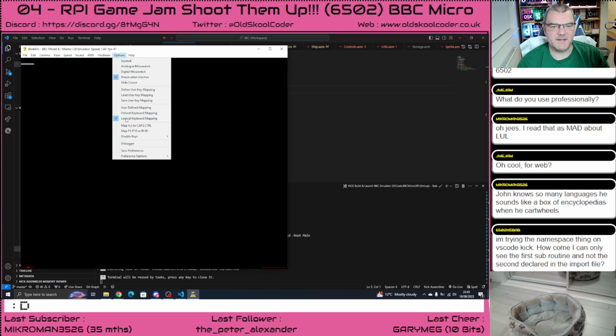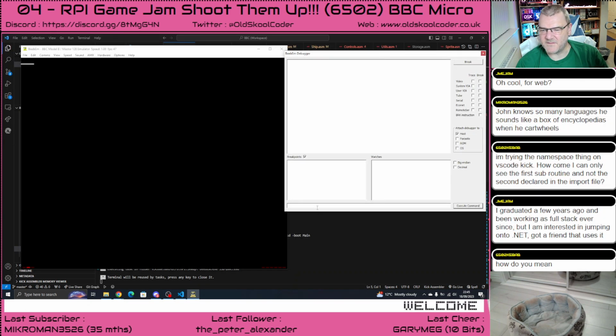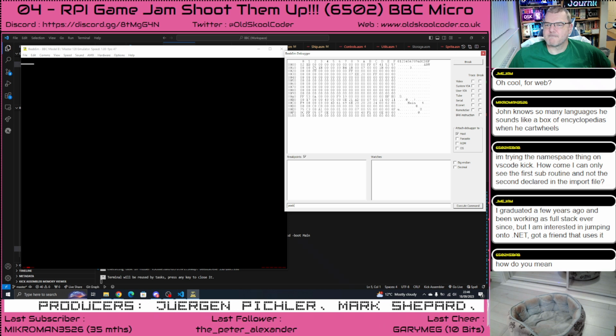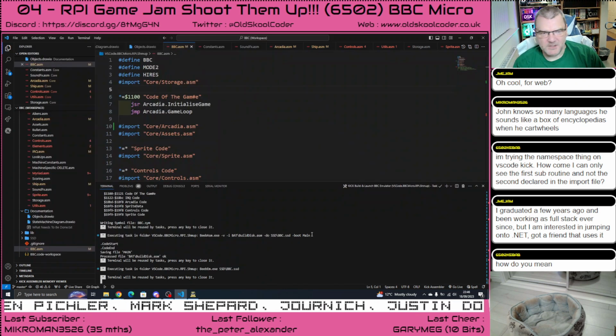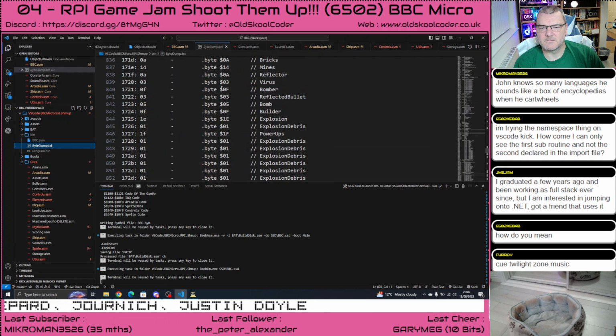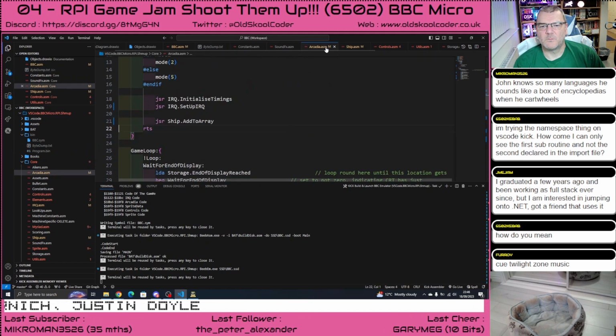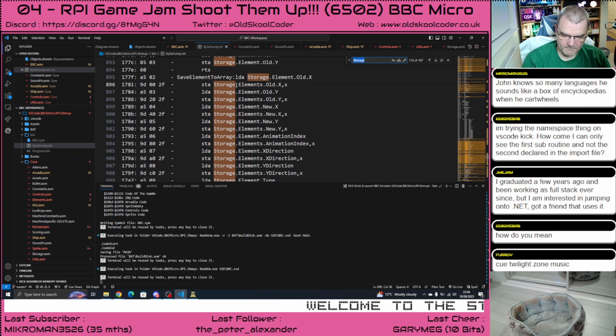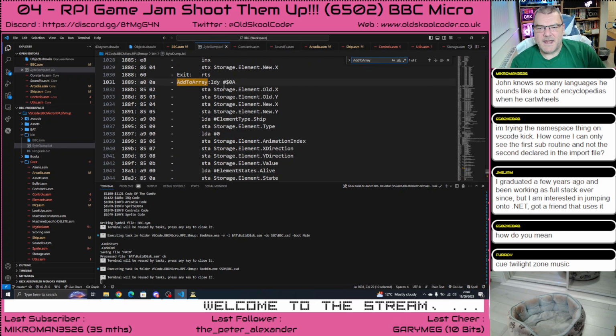Right, that won't be displaying anything now because I've stopped it. I want to see if I'm putting stuff in memory. No, there's nothing there. I have just stored some information in memory and it's not there. Let me just check that that is where it's supposed to go. Where am I? Ship. Yeah, so